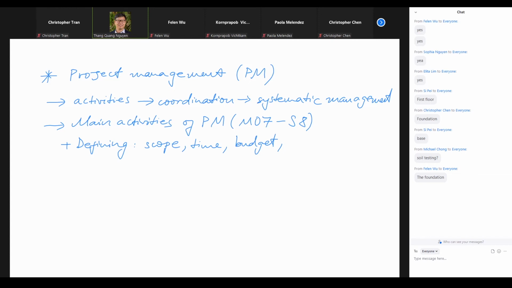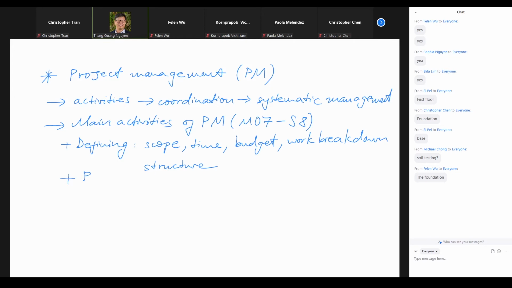So in the defining phase, we also have to think about the work breakdown structure. Right. So work breakdown structure means that we break the whole project down into different components, so that later on we can effectively manage the sequence among the activities. All right. So defining, right,